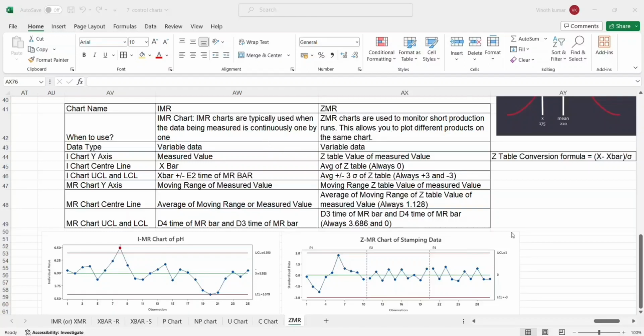Here the chart is not drawn on the measured value. Instead, the measured value gets converted into the corresponding Z score or Z table value. What is the corresponding Z score or Z table value? I'll explain. It has a formula. What is the formula? The Z conversion formula is